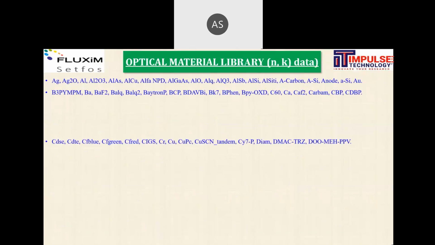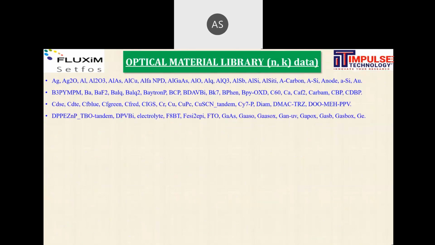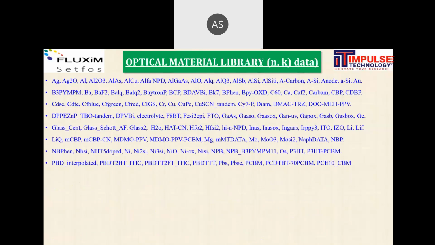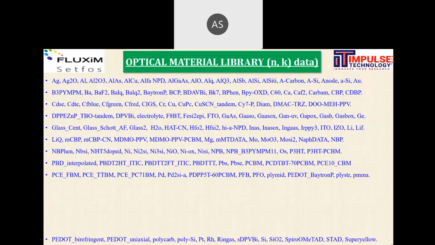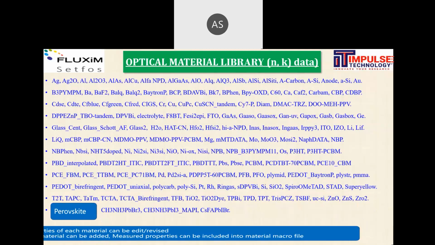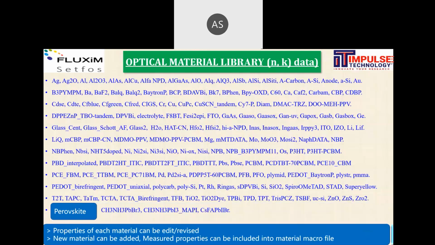This is the optical material library, which is already present in our database. You can find all metallic materials, all semiconducting materials, and all materials' refractive index NK data, including the perovskite materials with different variations, like band gap variations, mobility variations, and temperature variations.